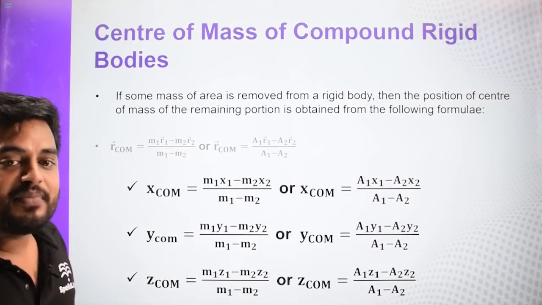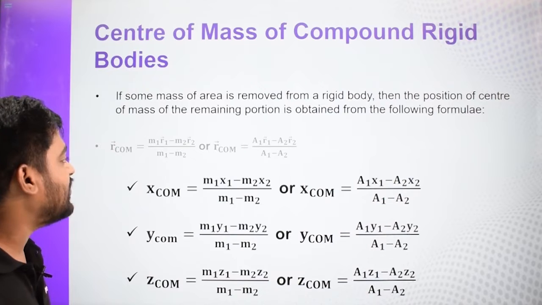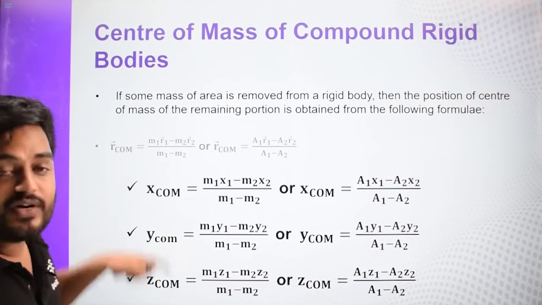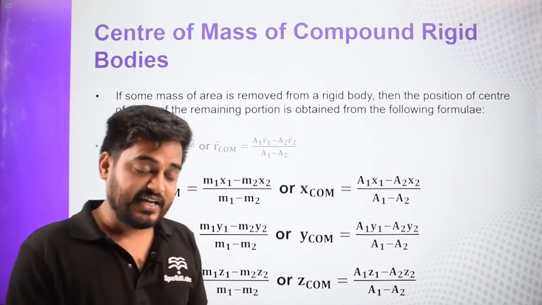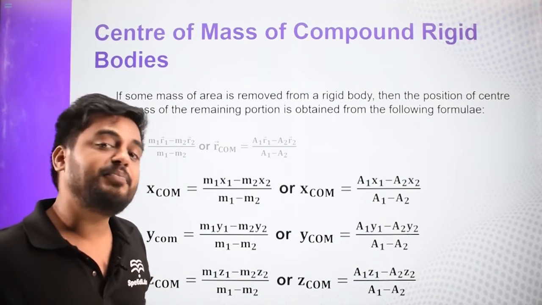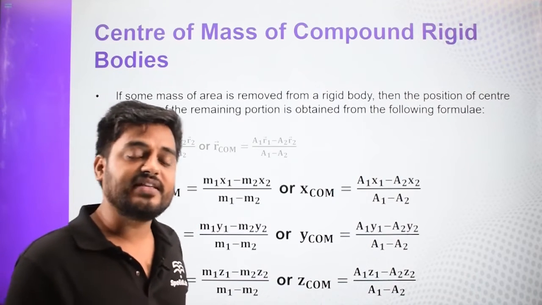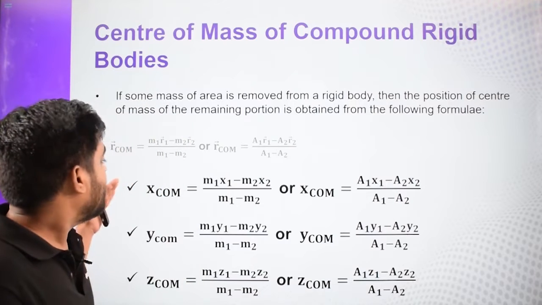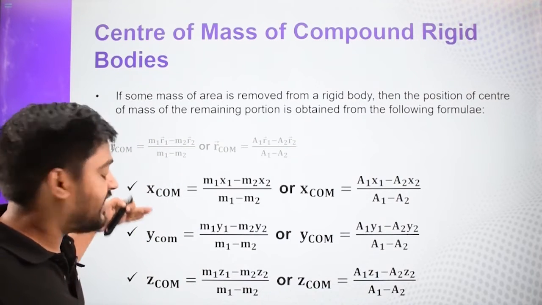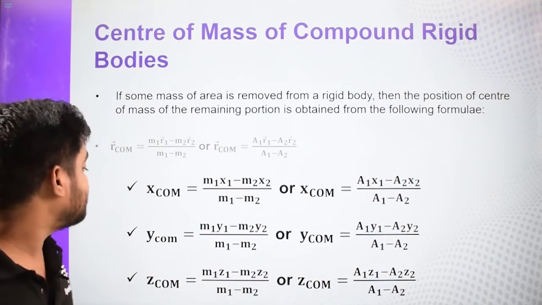The same thing can be applied for all the X, Y and Z coordinates separately if you want. So the formula for the position of center of mass, if it is split into all 3 separate components, gives these formulas. So a separate formula for X, Y and Z can be applied. If it is symmetric about the X axis, then just get the X coordinate. YCM and ZCM are going to be 0.